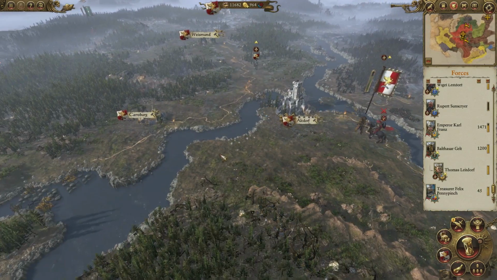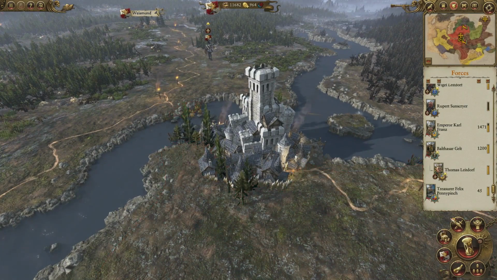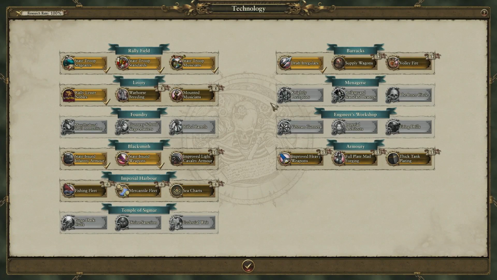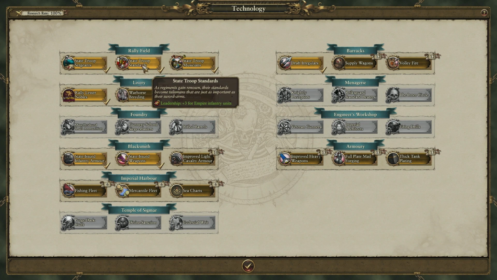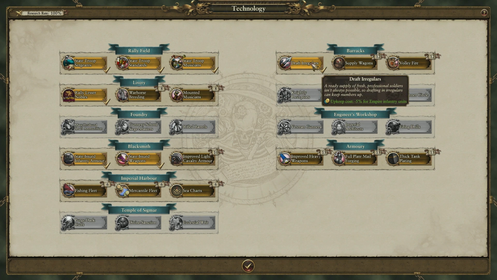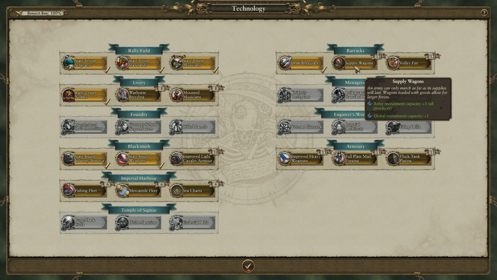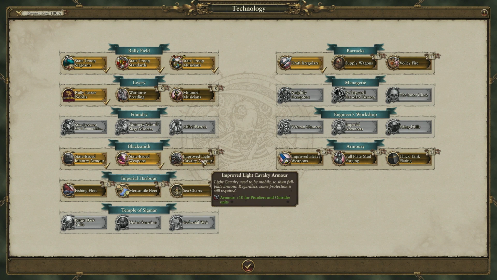Okay, let's head back over towards Altdorf, and we're going to have a look at the Empire Tech Tree in a bit more detail. So techs in the Empire Tech Tree are unlocked as you build specific buildings. So once you've built a rally field, for example, it offers buffs to our core infantry, as does the barracks. The blacksmith improves weapon and armour upgrades for various units, so let's go ahead and crack on with researching improved